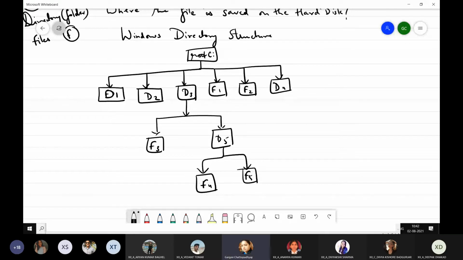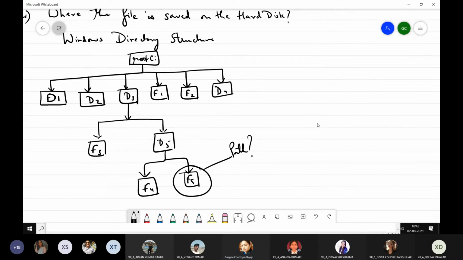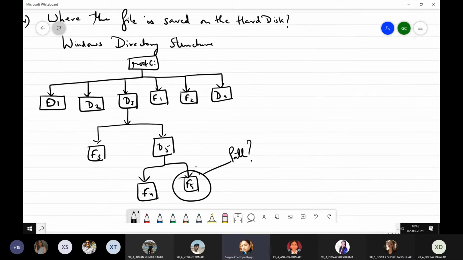Now, if you have to figure out the path of F5, how will you figure it out? Can anybody tell me this? What will be the path of F5? How will you trace F5? You will start from the root, that is C, okay?